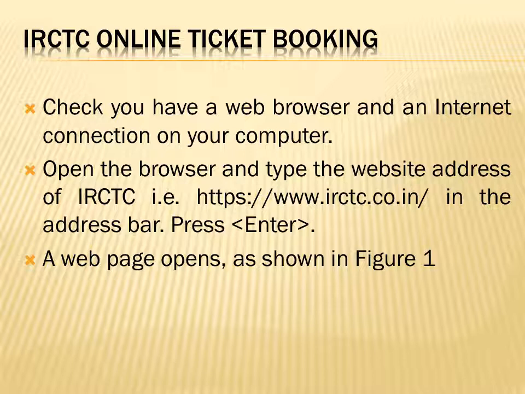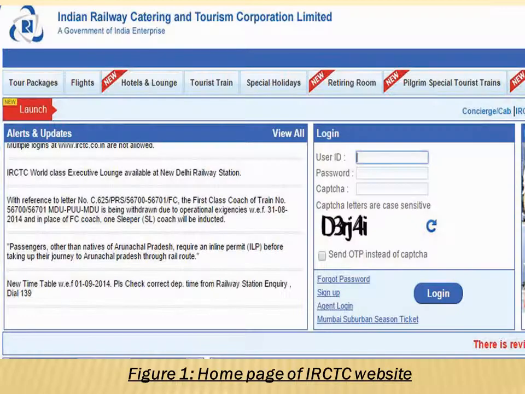We will be using the website IRCTC for booking the railway ticket. First, you have to go to your web browser, as we are already aware that for using an online application we require a web browser and internet connection. So you have to check your web browser connectivity with the internet. Then you open the browser and type there irctc.co.in. As soon as you type and press enter, you will be redirected to the home page of the Indian Railways IRCTC, which will look somewhat like this.